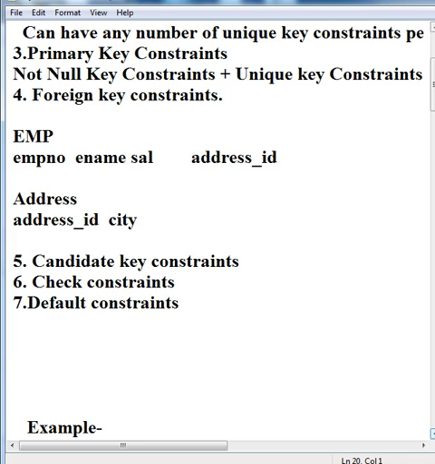After combining two tables we can have one primary key, that is called a composite primary key. We can combine two or more columns to make a primary key. So that will be a composite primary key. In a composite primary key we combine more than one column with each other to make it the primary key, but in a table we can have only one primary key. A single table can contain only one primary key.